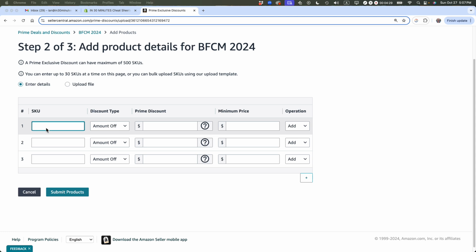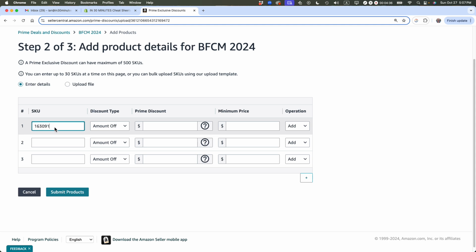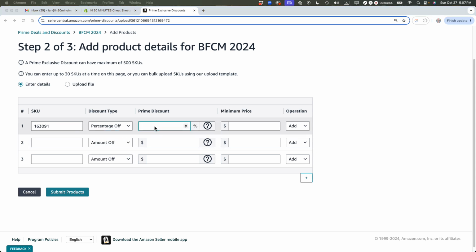So let's get started here. The first SKU is, let's start up here. So it's this SKU right here. And this is actually a pretty important SKU. And so you have 2 choices, amount off or percentage off or fixed price. I'm just going to do percentage off. And then the Prime discount, what did I put down there? 25%. All right, so let's do that, 25% off. And then the